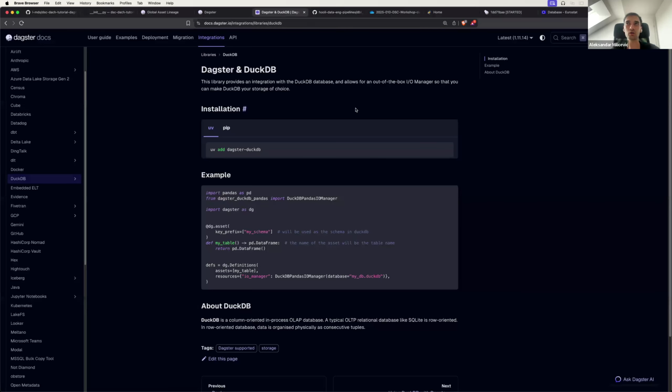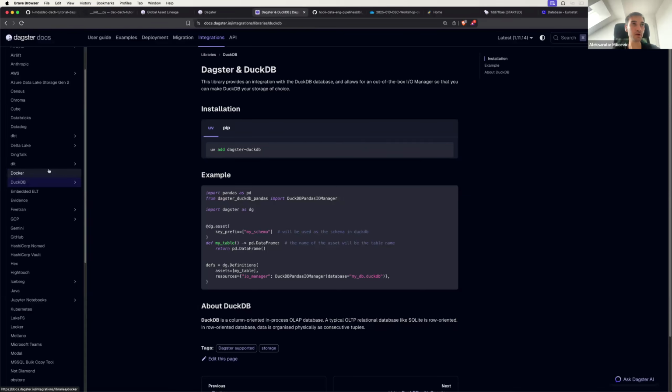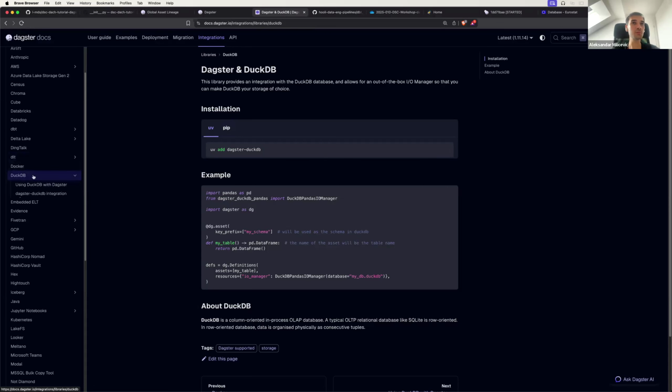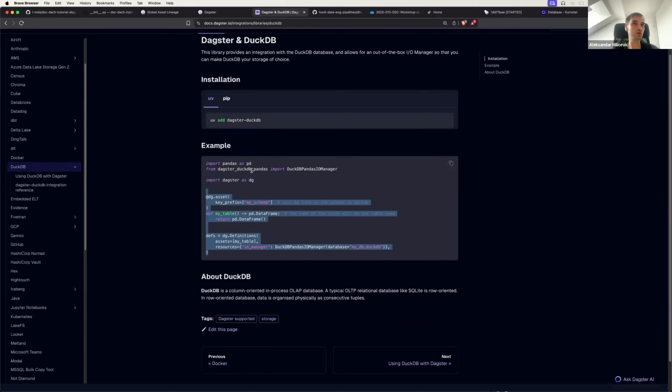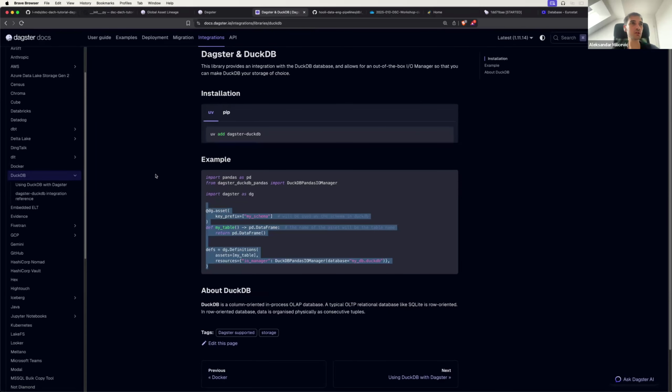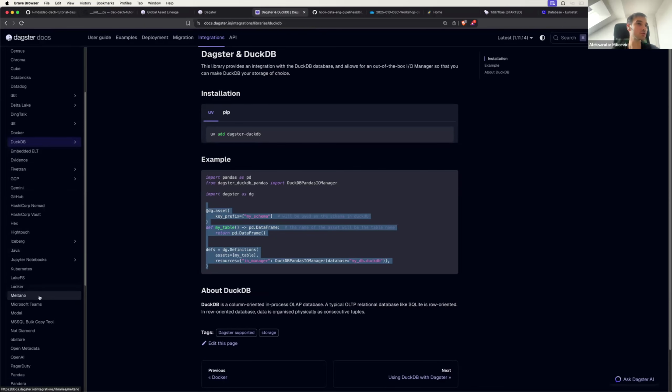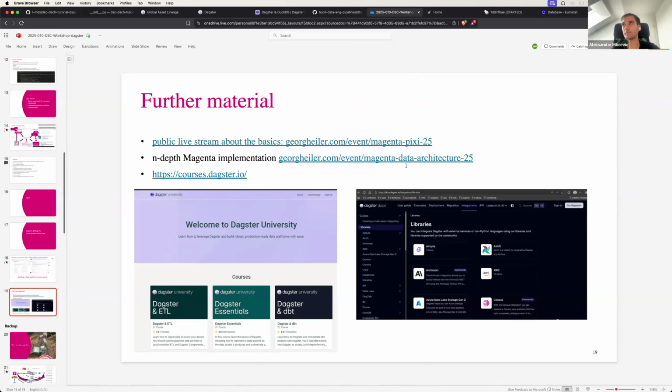There are also open source integrations that Georg and I are contributing to, like Vertex AI that Georg sent. If you take a look into DuckDB, you will see the code and how it is used as an IO manager or as a resource, and for example dbt, you will also see. And there are courses on Dagster University that I would recommend. Okay, saying that and looking at the time, I think we are already